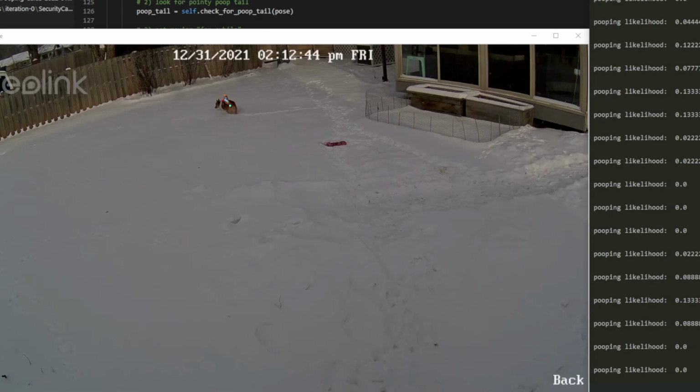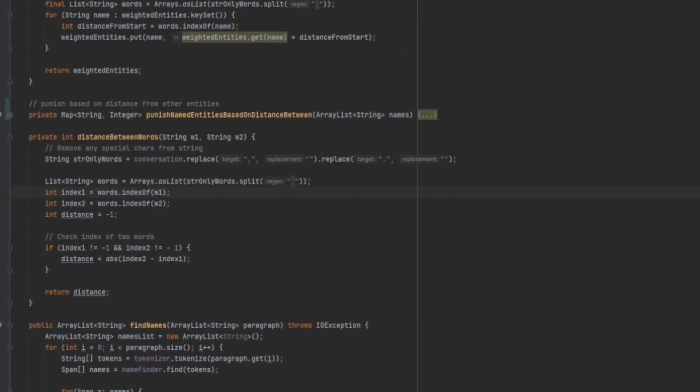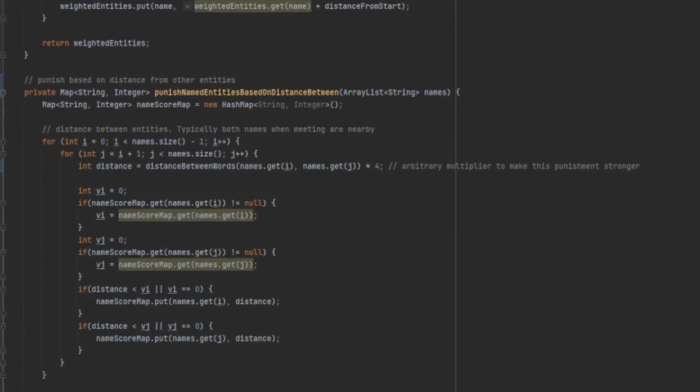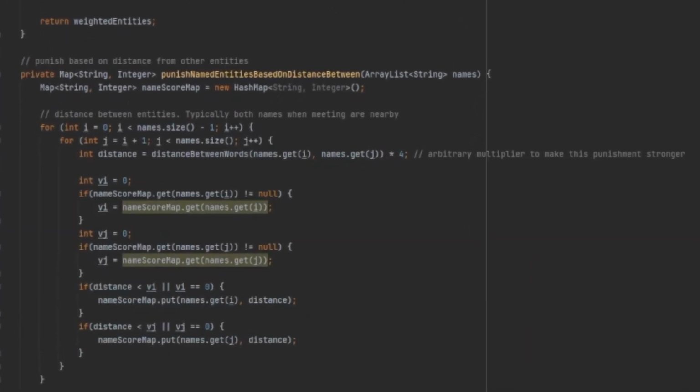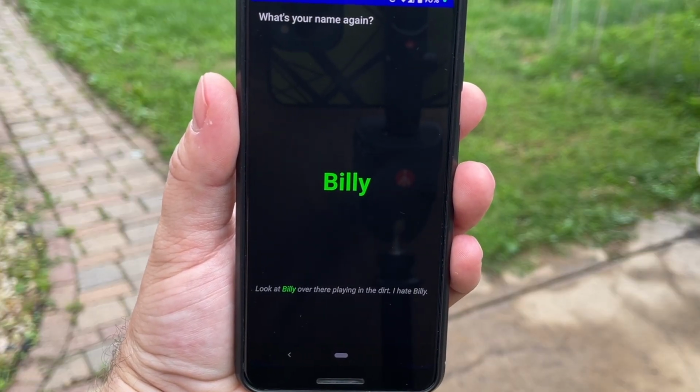Similar to some of my other projects, I found that an internal voting system based on heuristics like this worked best. But instead of voting for the best name, it applies a punishment score to the least likely names. So the further a name is from the beginning of the conversation, the less likely it will be chosen by the app as the name of the person in front of you. This makes it better, but what about a scenario where you might be talking about someone else before you introduce yourselves? You might start a conversation talking about Billy, and then you both introduce yourselves after that.